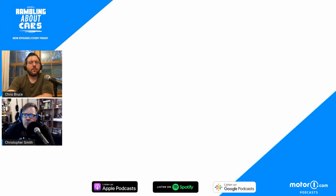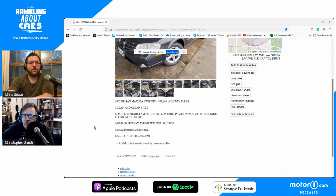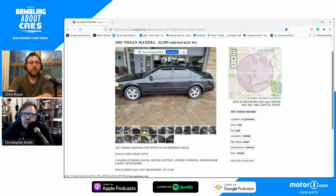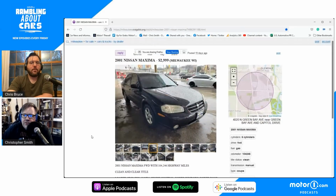And I think this is the last year before they went to the 3.5 liter, 260 horse engine. So this one still has, I think, 222 horse or so. It's basically the Nissan equivalent to the Gen 2 Taurus SHO. And I'm kind of a sucker for sedans, but I always loved this generation Maxima. I thought it was a good looking car. This one showing 104,000 miles. It's in Milwaukee, Wisconsin. So it's a good day's drive, but it's well under the limit at $3,000,